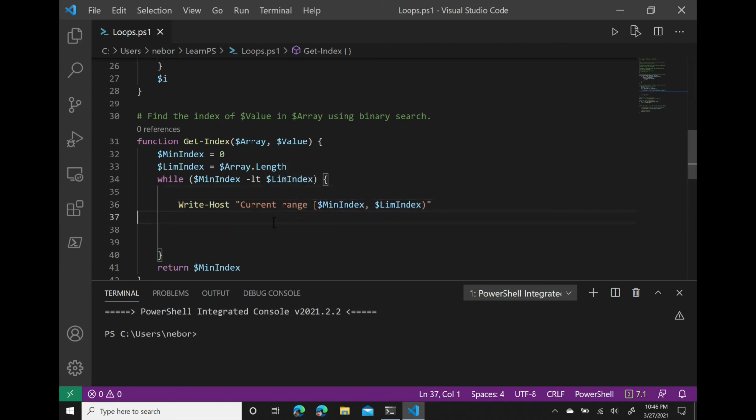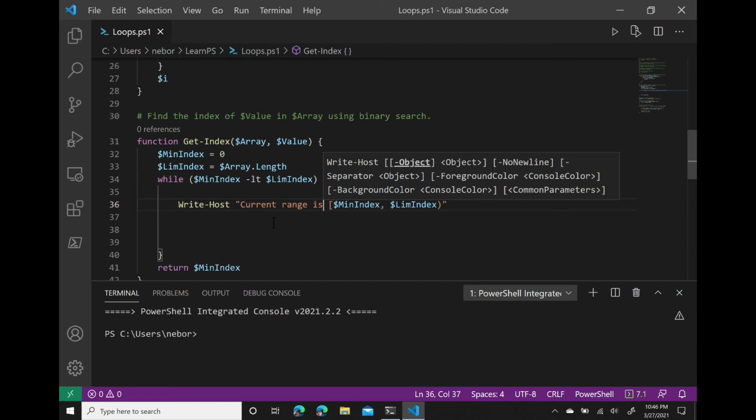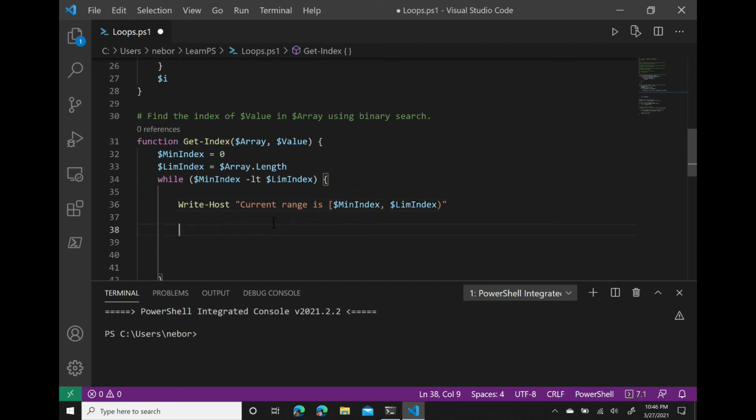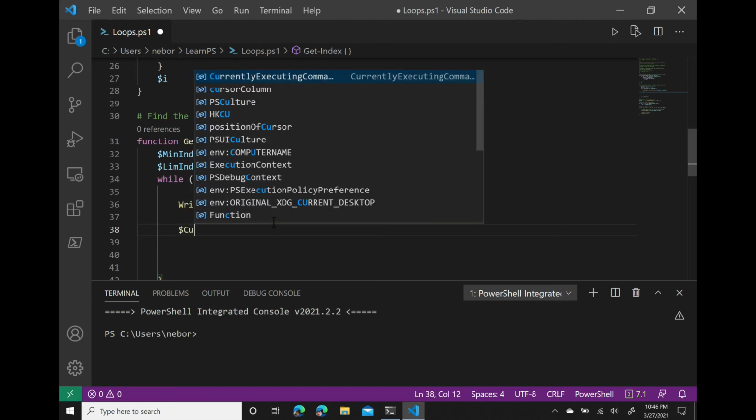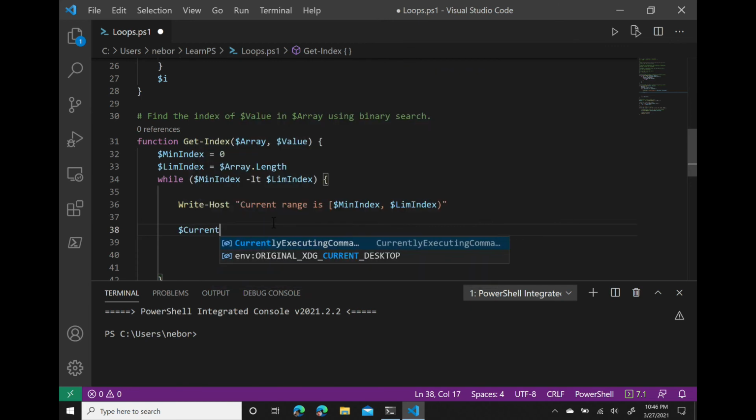Okay, so we've narrowed the range. Now we're going to look at the value somewhere in the middle of that range, because we want to be able to reduce the size of our search by half each time. So we're going to compute the index in the middle. We can do that by, I'll just call it current index